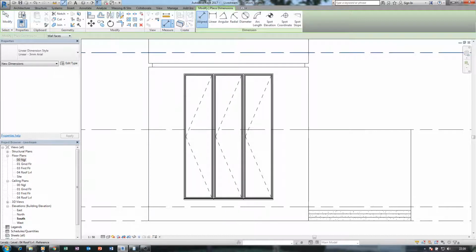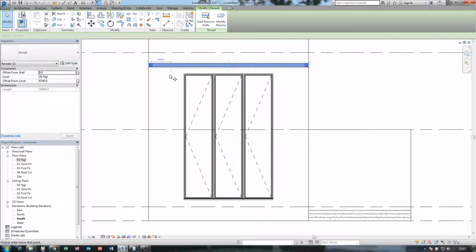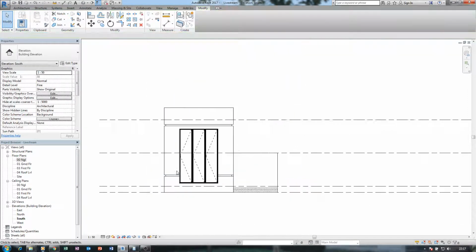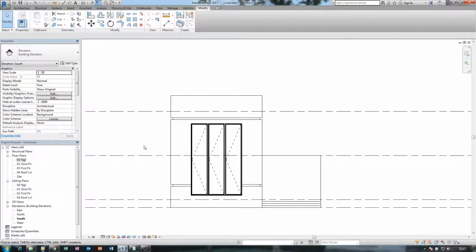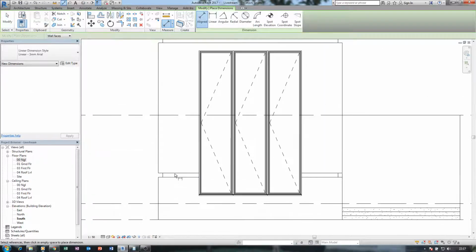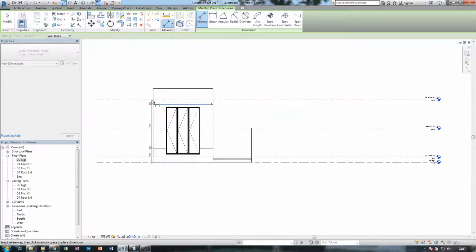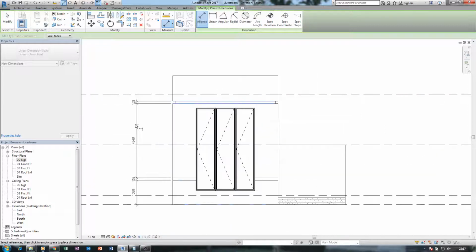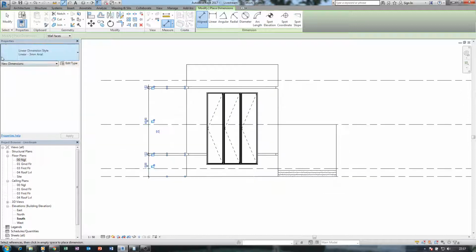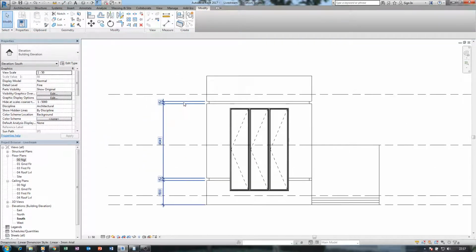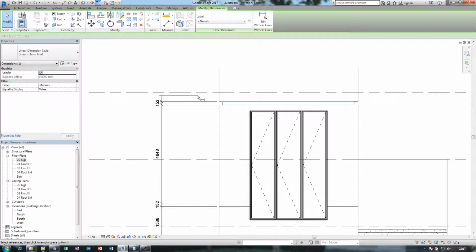But before I use that, I can actually copy it, and boom. It's as simple as that, and come here, from here to here. I don't really need that one, to here, and okay, let me put it here.